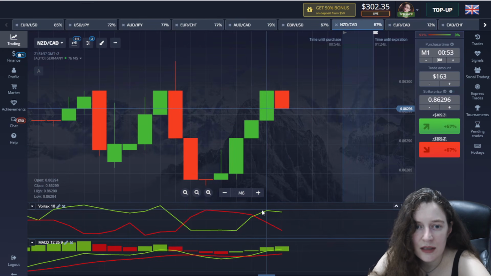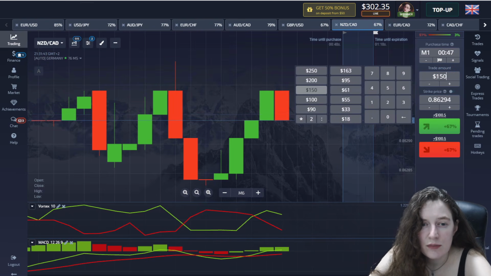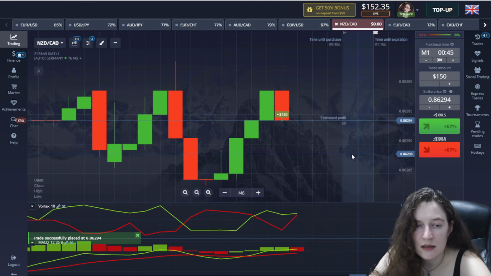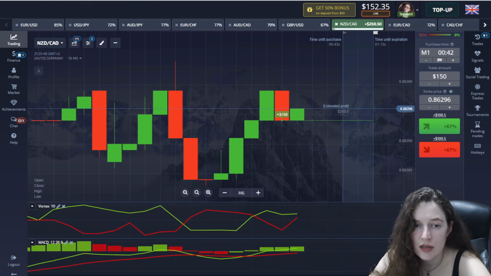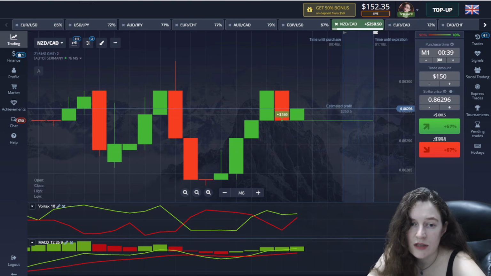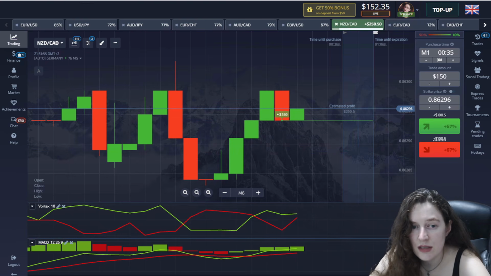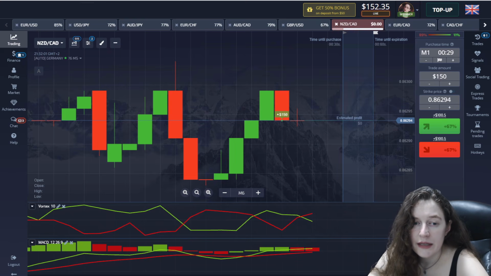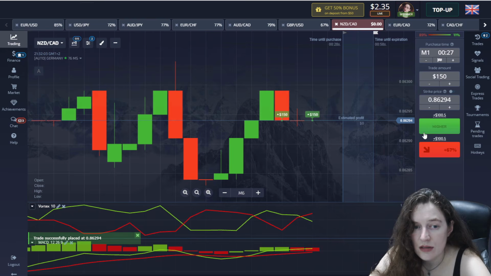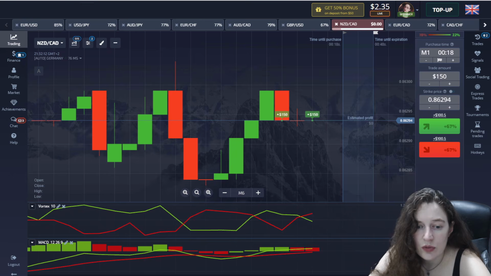So what's happening here? I saw a good moment here too. It makes almost the same sense at this moment as in the previous moment. One difference is that the MACD lines intersect its candles in the upward direction, and at this time the Vortex lines intersect with each other, which is also a signal that the candles will go above. So let's see what will happen.